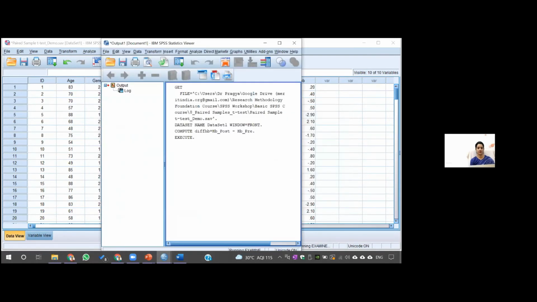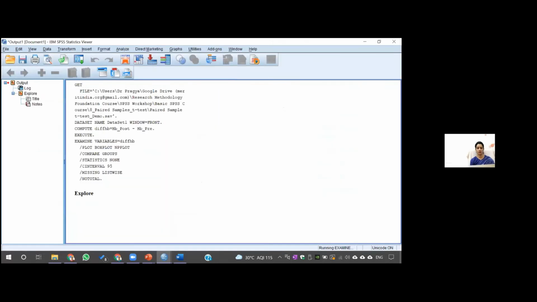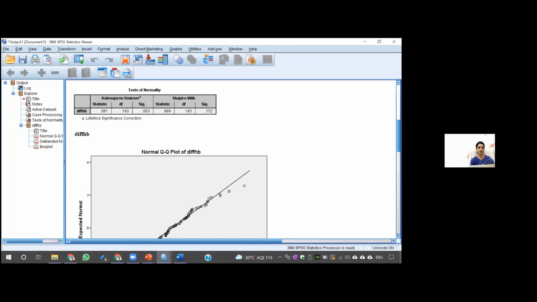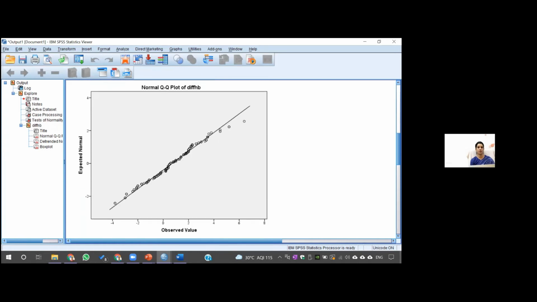So here you will see there is an output. Since the sample size is more than 50, although the Shapiro-Wilk value shows that the data is not normally distributed, since the sample size is large, we look at the visual inspection of the QQ plot. It shows that the difference of the hemoglobin level is normally distributed because it is along the diagonal line.